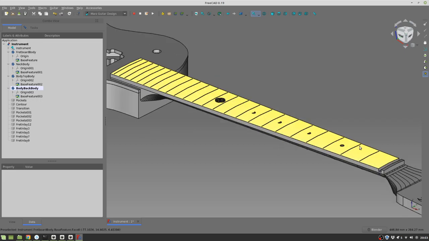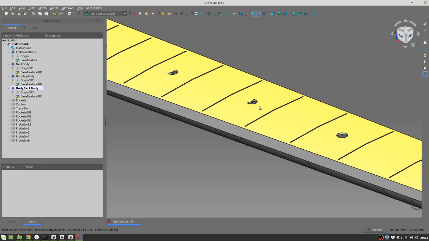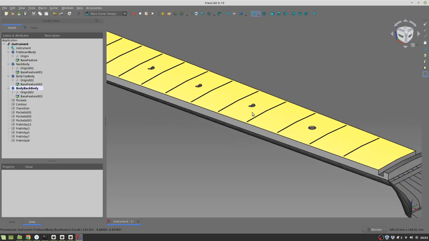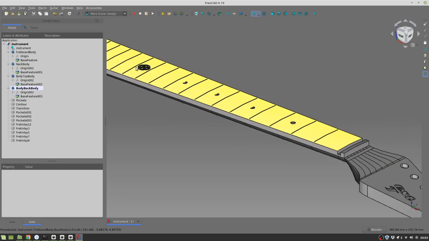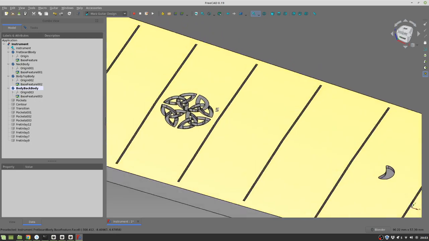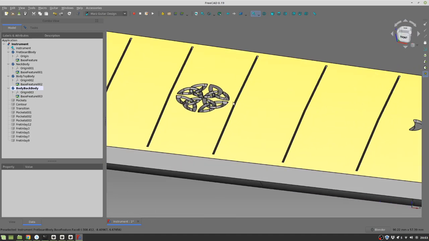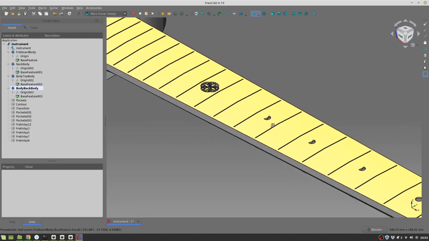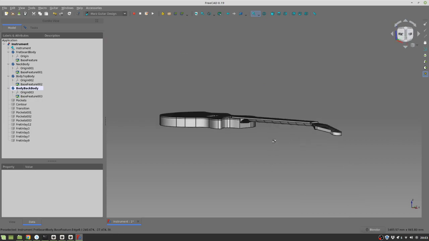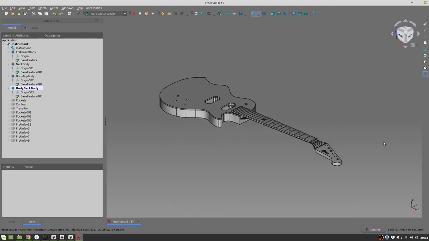Okay, it was imported here. You can see they are located in the correct fretboard positions. Now you have your 3D model,